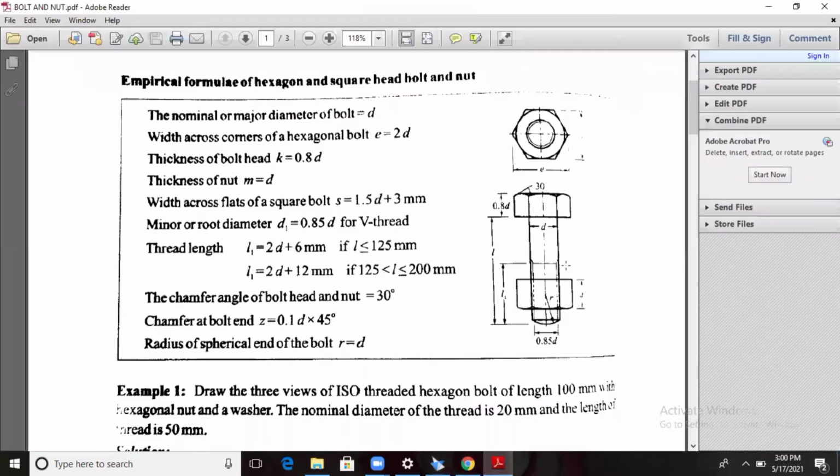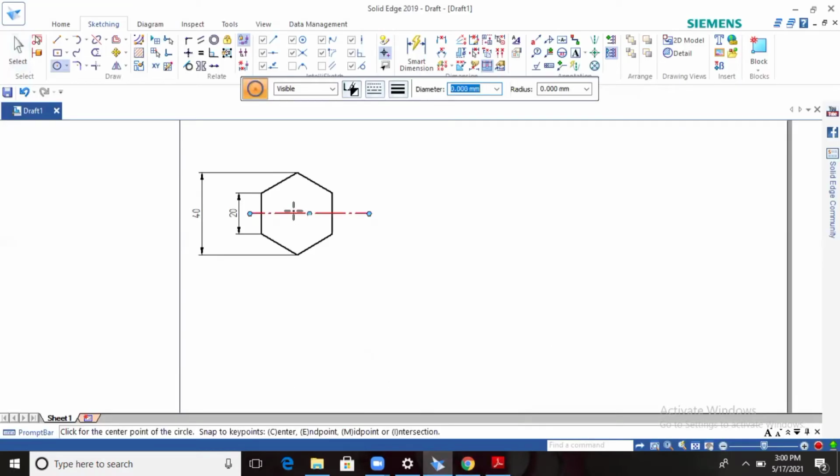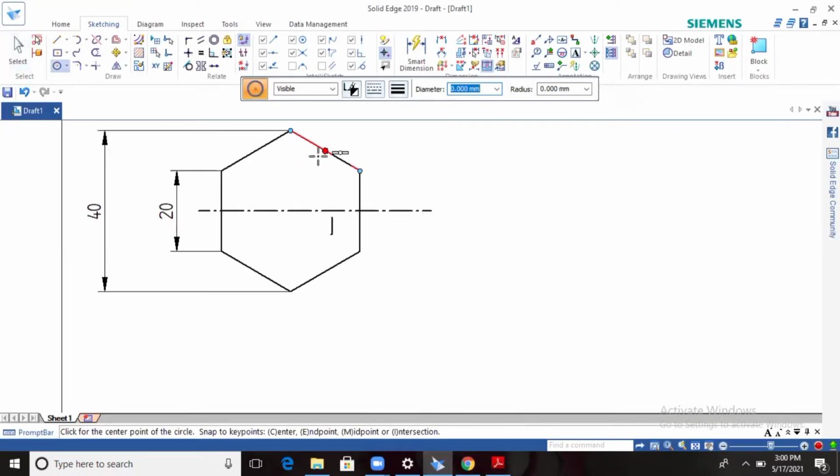So what is the circle? 0.85D. So take the circle of 0.85D from the center. 0.85 into 20. This is the one circle you have to draw, the minor diameter.